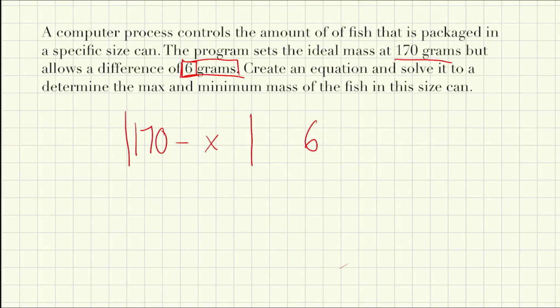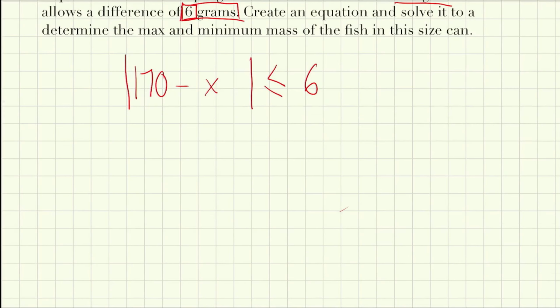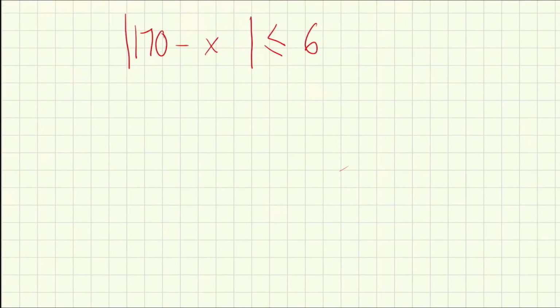The reason being is we can have any number in a range that'll give us a difference of less than 6. We're allowed to have a difference of 6, but also anything that's less than 6. So we can have 6, which is why we put the less than or equal to sign, and we don't want our difference to be greater than 6, otherwise it would be sent out. Now you may be wondering, what's going on here? We did absolute value equations. This is different, but it's the same property and same idea that we're going to be using here. So we have case 1,